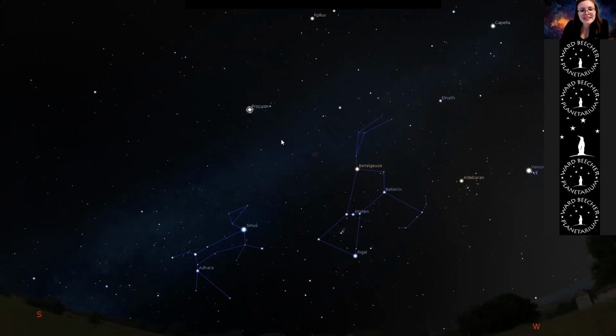But now, one of the neat things that I get to do with Stellarium that I don't always get to do in the planetarium, I get to show you some of these sort of obscure constellations. So this constellation here is one of my favorites, but it's hard to draw, and it's really abstract. I'll be nice and just say it's abstract. It's called Monoceros,